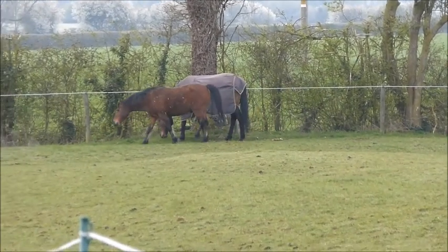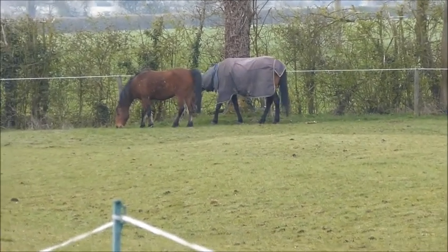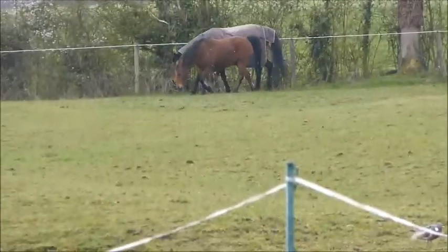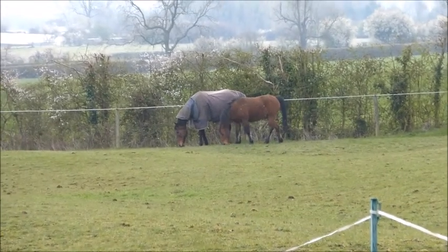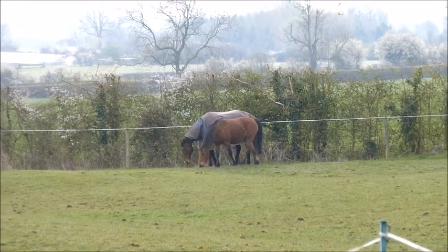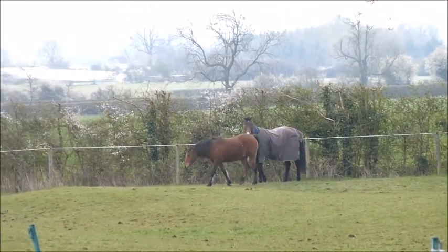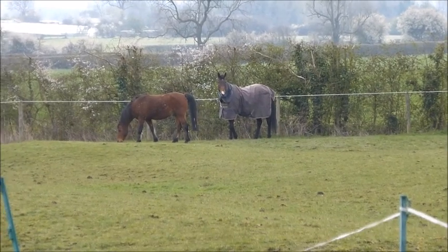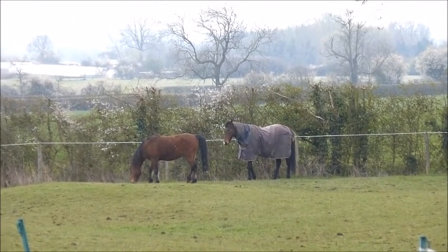Anyway, I'm going to ride later because very excitingly, as I came down this morning, all the road closure signs have gone, so that must mean the road is open. So Basil and I are hoping we'll be able to go for a bit of a long ride, not hugely because obviously he's not done much work since Christmas, or certainly since they shut the road in the middle of January. So that's the attempt, but I do think he's going to be a little bit shy and nervous of going